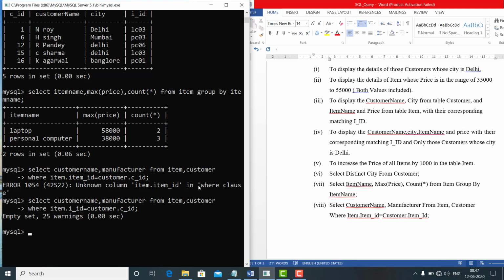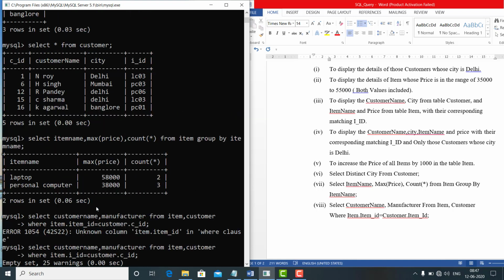Empty set means such a record is not available, so that is why there is an empty set, meaning no matching. Clear. Customer name and manufacturer.